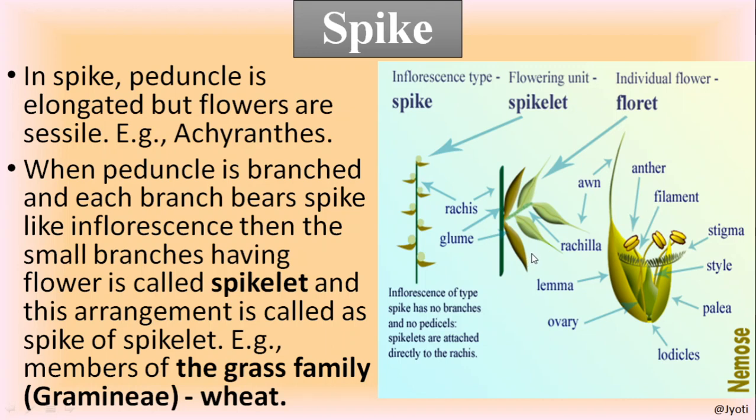Okay, or compound spike. This is the characteristic of grass family, like wheat, paddy, and all grasses. They are having such type of inflorescence. So this floret, when it is highlighted, you can see this is the structure of the floret. Okay, so this is a flower. So spike is simple, peduncle is one, flowers are sessile, but when peduncle is branched and that bears the flower, then that is called spikelet. Okay,